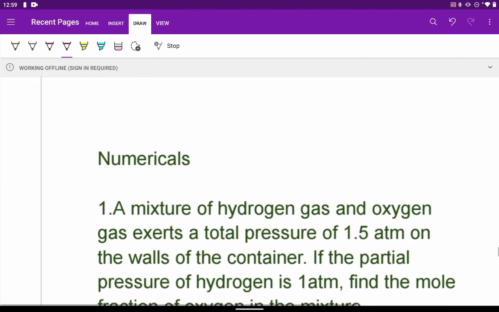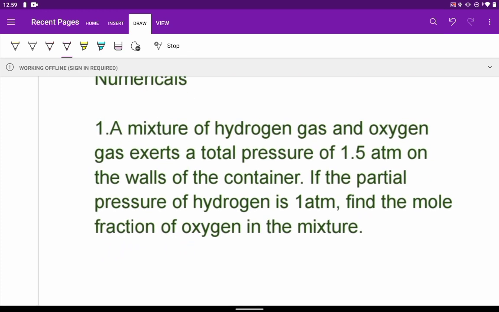Now based on this we can see two numericals, then you will get a little bit clearer concept. First one is a mixture of hydrogen gas and oxygen gas exerts a total pressure of 1.5 atmosphere on the walls of the container. If the partial pressure of hydrogen is 1 atmosphere, find the mole fraction of oxygen in the mixture. Now see, so the partial pressure for hydrogen is,